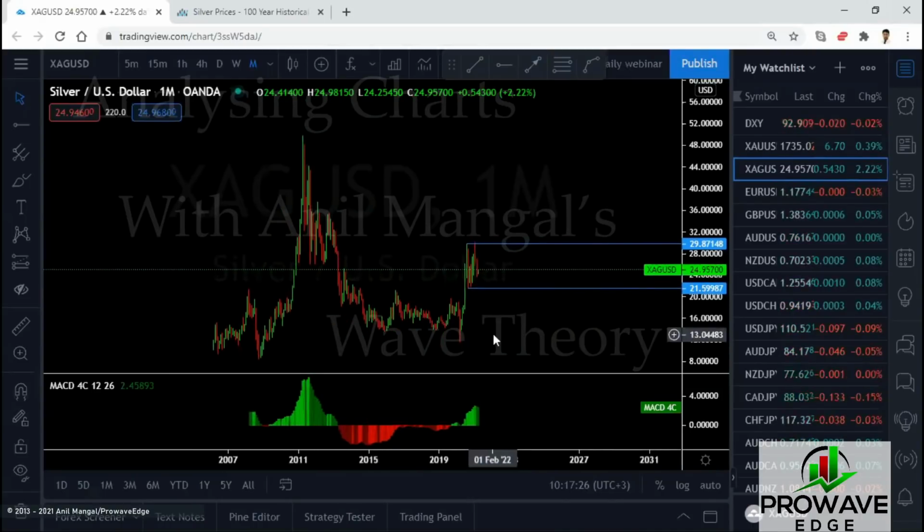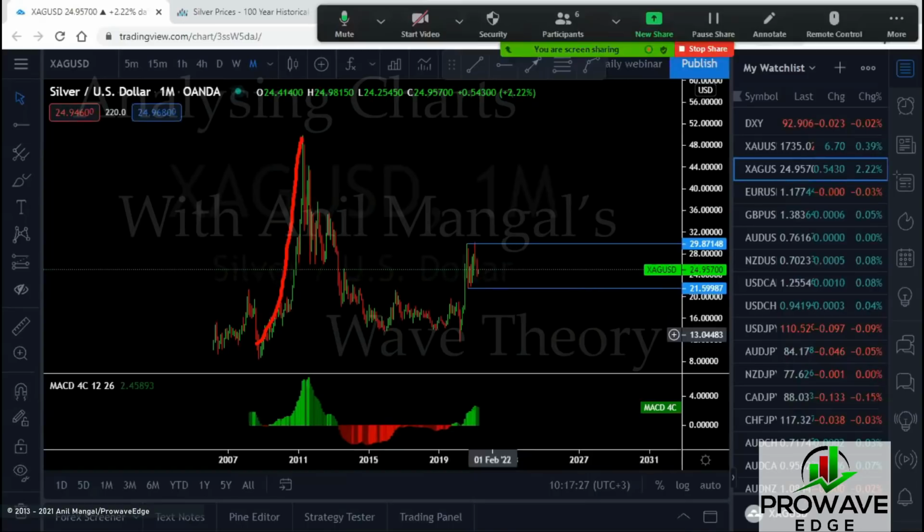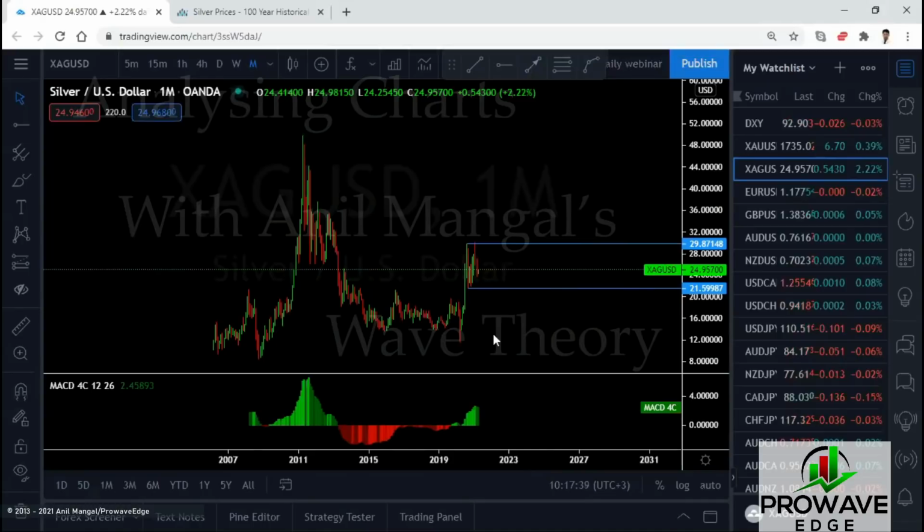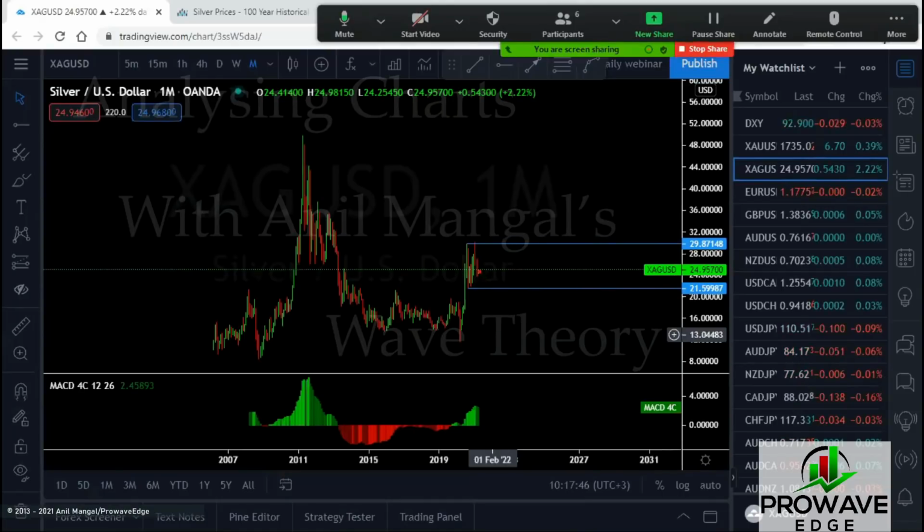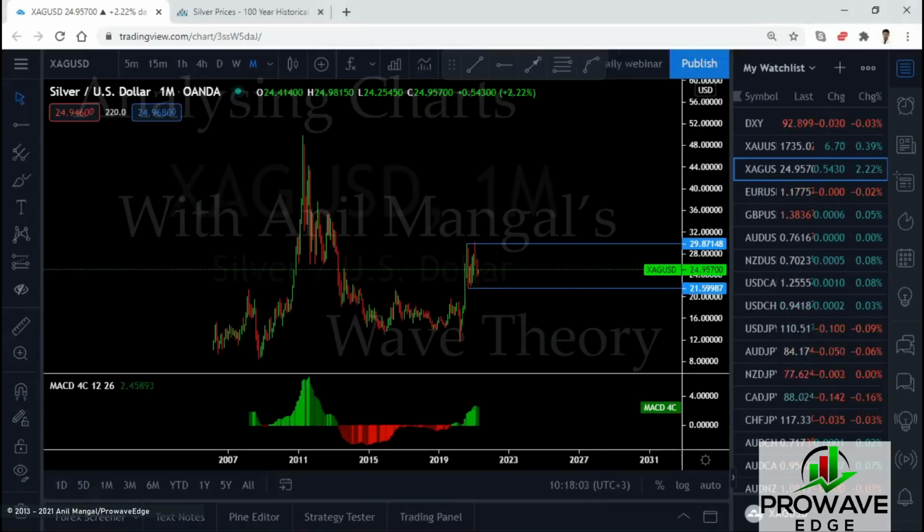So what happens is that you've got a sharp move up, you've got all the correction coming down, and eventually we're going to get a sharp move up. Now remember, I'm on a yearly chart, so don't come on and say, oh, I'm going to buy silver, tomorrow it's going to go up, because we've had some very impatient traders like that. When I do analysis like this, they go and say, you said silver is going to go up, and then they watch silver come from here to there, and they say, I bought, look, it dropped, right? So don't do that. If you're at that level of intelligence, this video is not for you. So please, this is an analysis on a yearly chart, right? So take it that way.